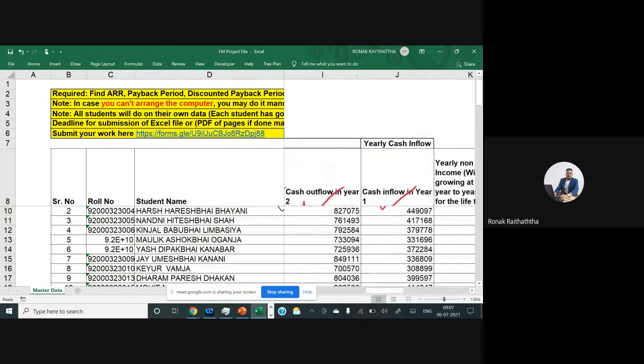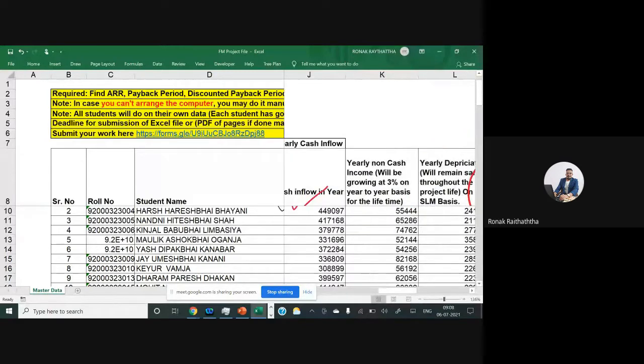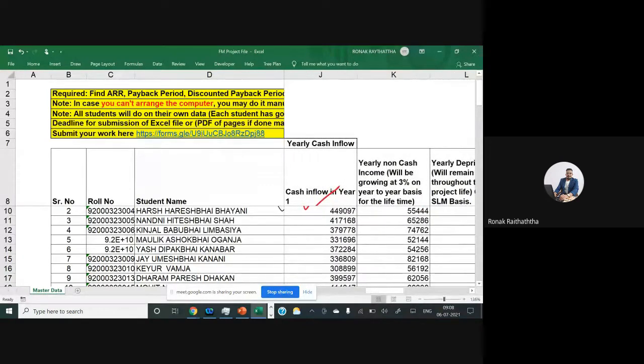Acha, one more complication is that you have got the cash income, then the depreciation amount is also given to you, and the cash inflow is given to you. Now to find the ARR, which is the accounting rate of return, the formula of ARR looks like PAT divided by book value of investment, right? Now we take the average PAT of all the years and the average book value of investment for all the years. While finding the book value of investment, the depreciation amount will be required, because on a year to year basis there will be a depreciation charge. So on a yearly basis, you will get a different book value of your project.